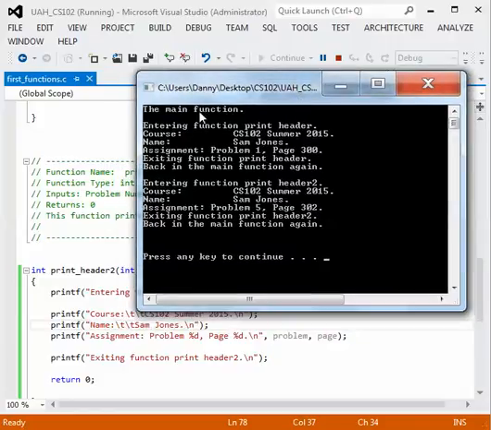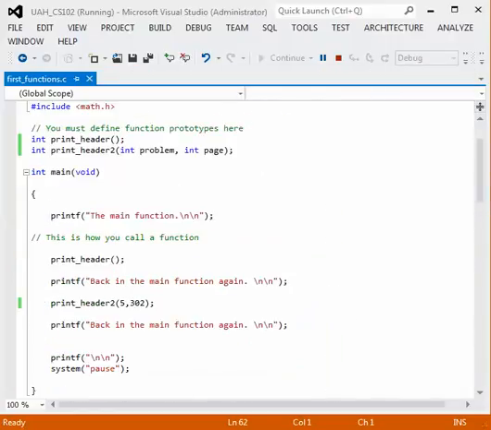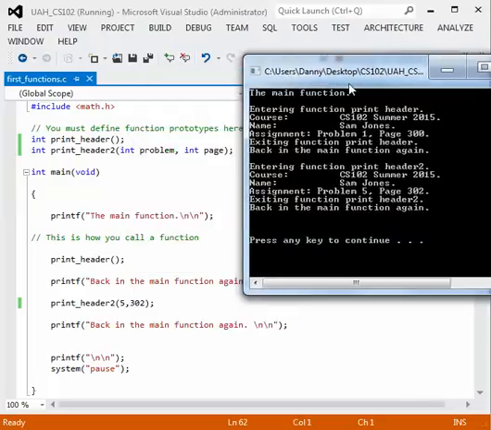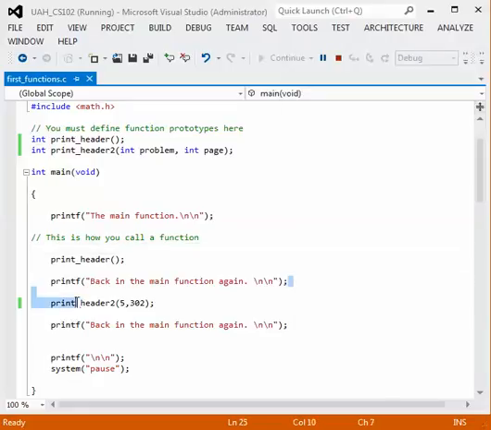Okay, so reading from the top to the bottom, let's scroll up and look at the main program again. Okay, I think we can see everything there. All right, so we're going to print out the main function as we did before. And then we've got the block of stuff for the first function, print header, which just prints out the course, the name, the assignment. We exit function print header. And then we come back to the main program and we say we're back in the main function again. All right, now we're going to call print header 2, and we're going to send it the values